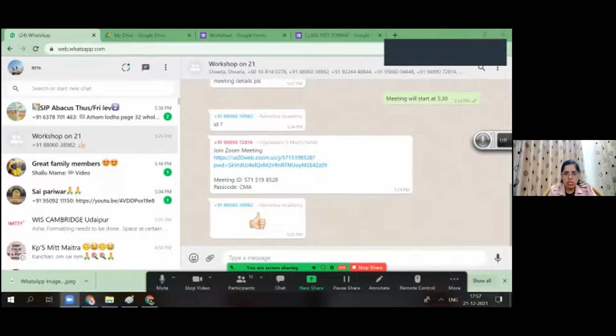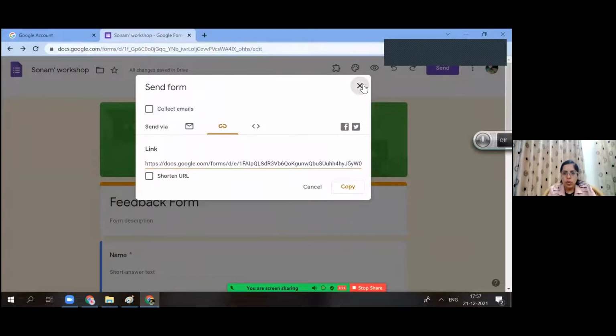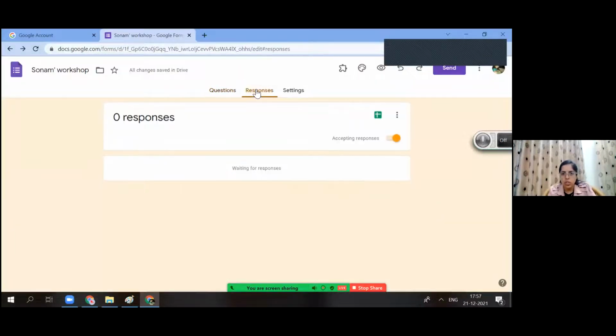So once you fill the form, I'll show you how your data will appear to you, then we will see the other things. To check how many students are done with the form, you can go to this response option and you can even close accepting responses once your class test time gets over.